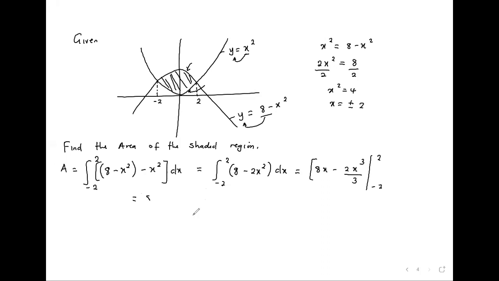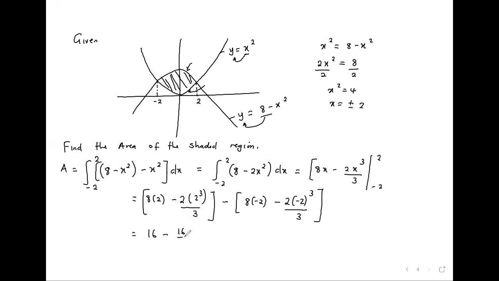So we have 8 times 2 minus 2 to the power 3 over 3, minus 8 times -2 minus -2 cubed over 3. This is equal to 16 minus 16 over 3, minus